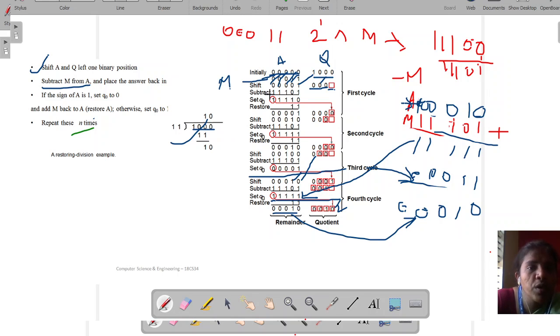Subtract M from A. What do you have to do? Subtract M from A means A minus M. What is the content of A? The content of A is the shifted value. And